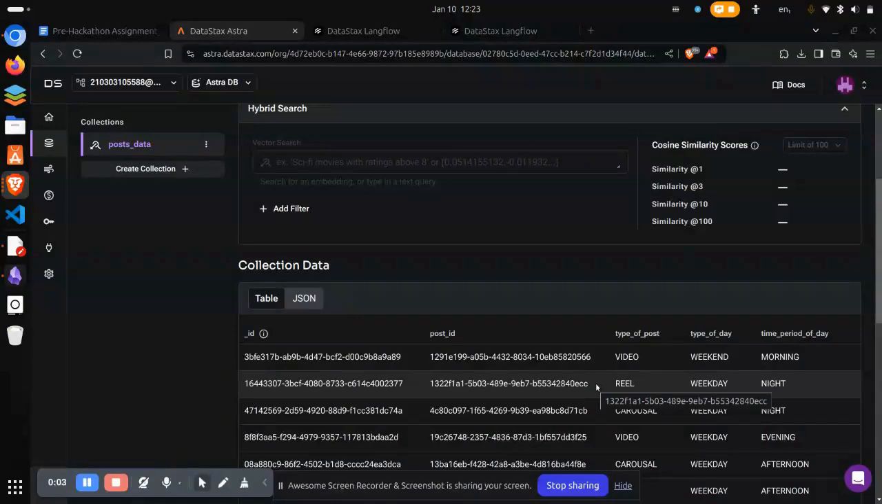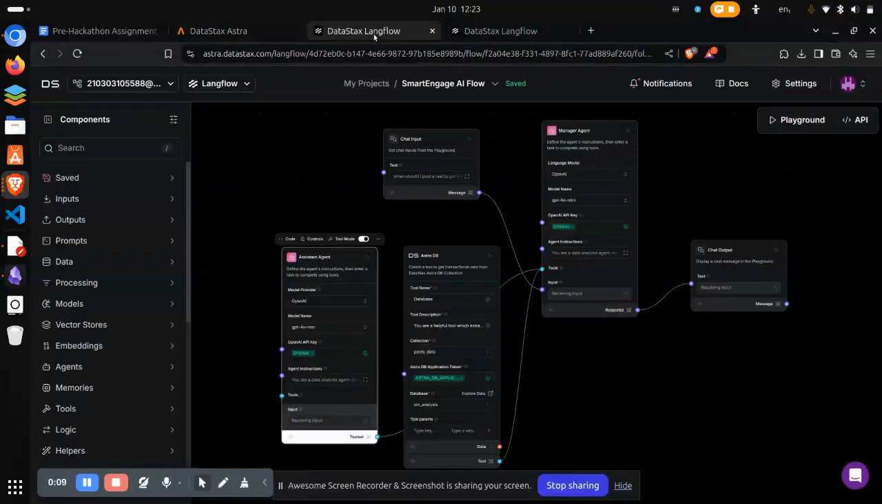Now, as we are done with the data, let's move on to the flow which we are using in order to generate the insights. Here is the high-level flow what we are using. Now let us understand the roles and responsibilities of each of the component used here. Starting from the chat input. So in the chat input, we will be giving the details about the post which the user wants to view the analytics about. Then we have our manager agent, where we are using an OpenAI GPT-4o mini model in order